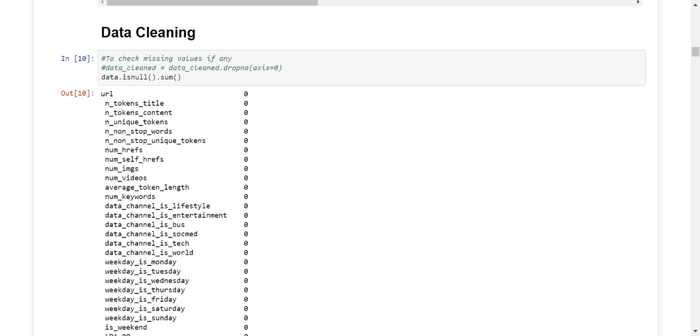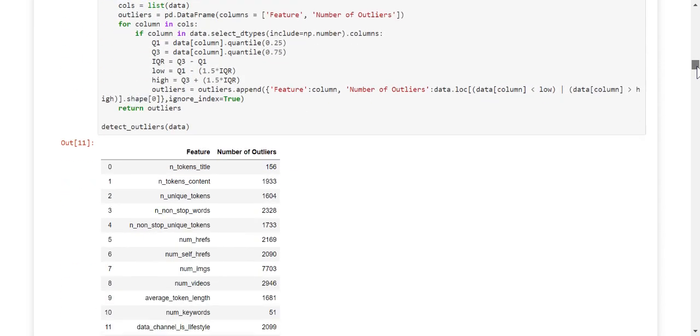So you check your data for any null values by this command. If you just write data.isnull, it will give you true, false kind of Boolean expressions for every entry out there. True is for there is a null value, and false is for there's no null value. And if you write .sum, it will display the number of null values. Since this data has no null values, it displays zero over here.